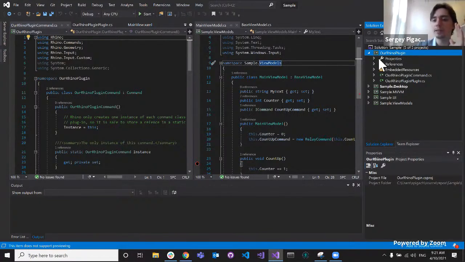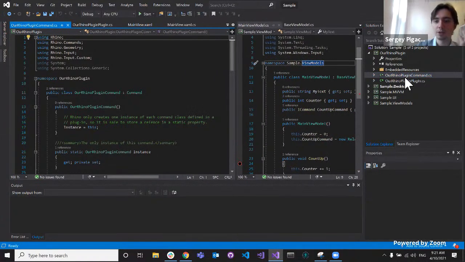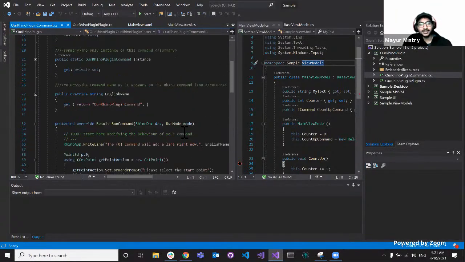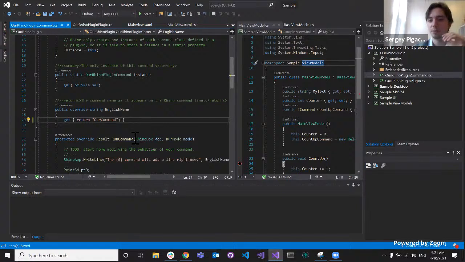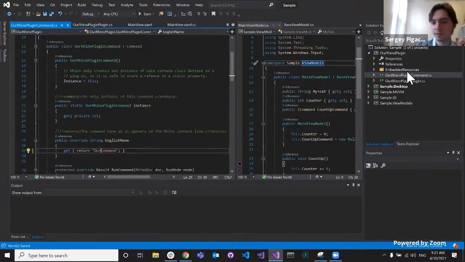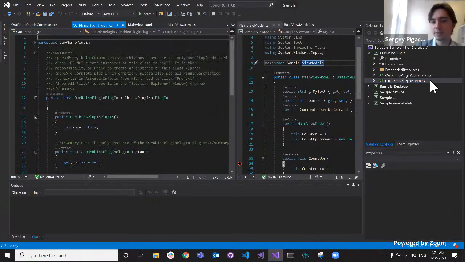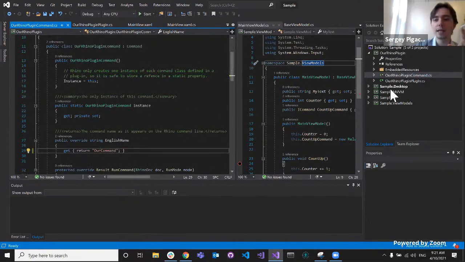So okay, we created this new project and it already has some files pre-built for us. So we have the plugin command, and we can change the English name. Our Rhino plugin command doesn't sound very good, so let's just call it our command, which is a marginal improvement if you ask me, but still easier to type. And then our Rhino plugin basically comes pre-built with some stuff, right? So now if we want to actually add it to Rhino,